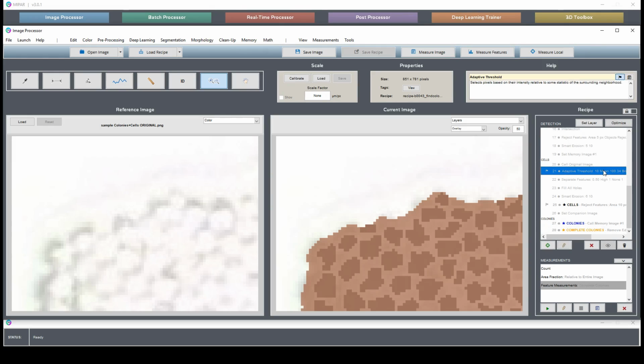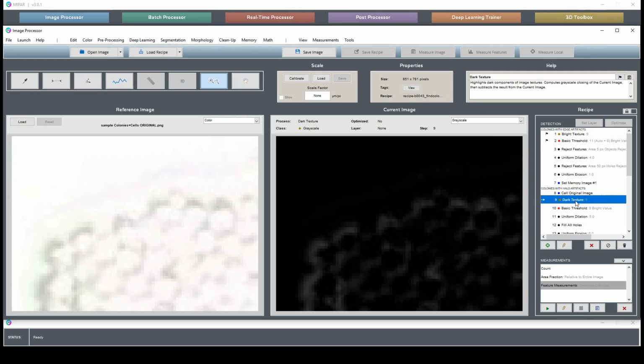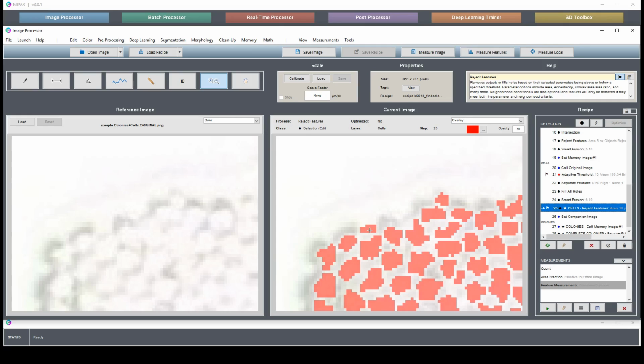And why is that? Well, if you remember back, we had 2 different methods of finding the proper boundaries of these colonies. First was a bright texture, which of course finds bright concave features. We were okay with that because these were going to get removed with our dark texture. You see the dark texture doesn't find this. So where did this come from, and why did they end up in our final cells